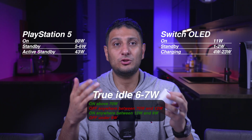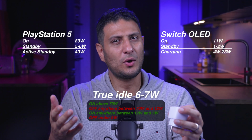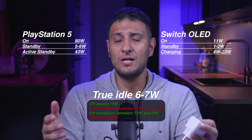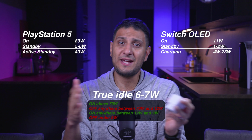Now, we have all the data we need to create criteria for when we want the fans to turn on automatically. We can do so with a small script in whatever your favorite home automation software is. Pretty much all you need is a short if-then function. The idea is to create two on areas with certain power usage bands. I don't want the fans to go on when things are in standby, downloading things in the background, for example. So we are declaring specific power usage segments for the fans to be on only during the time our devices